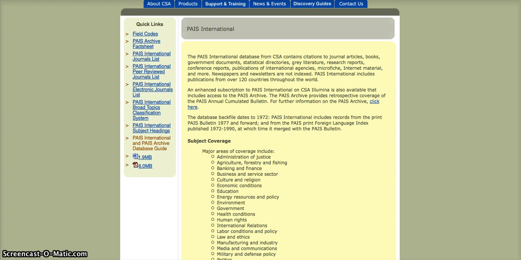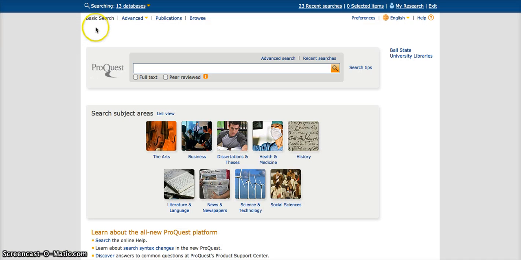Let's get started with some basic searches. The basic search is fairly simple to manage with no knowledge of the database. You're going to want to type your search criteria in the box and hit search. For better results, you can click the peer-reviewed box. When you click this box, it will give you better results about the articles that you want.